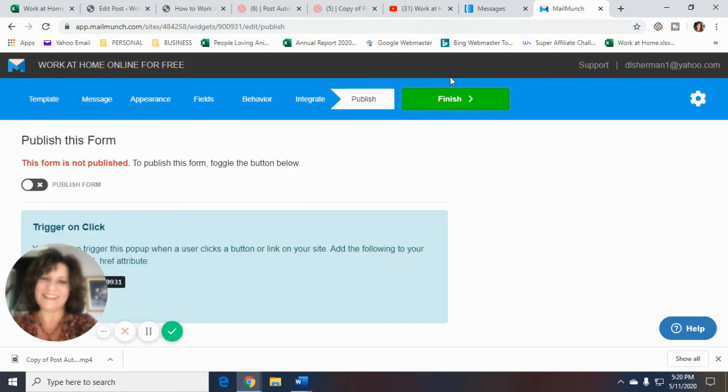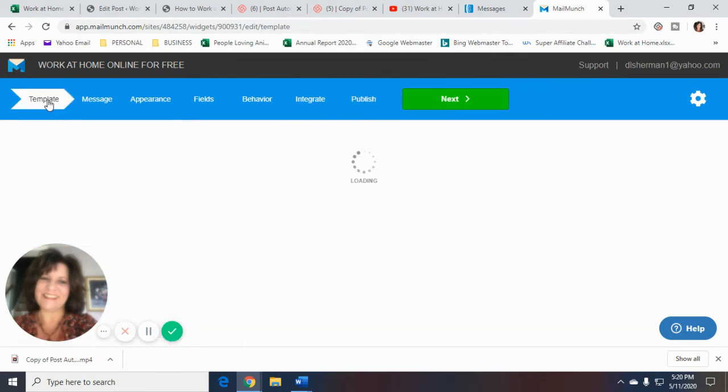You go to the next box and it says publish, so that you can go ahead and publish it. Now here, I don't actually want to publish, so I'm not going to, but what will happen is you could just click publish and then click finish, and then it will be live on your website. And then anytime anybody visits your website, on any page of your website, unless you've given instructions for it not to show up on a particular page, that pop-up box will show up,